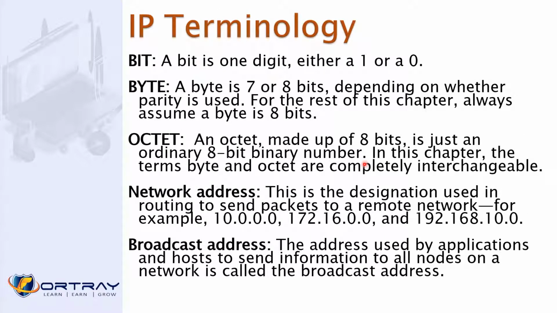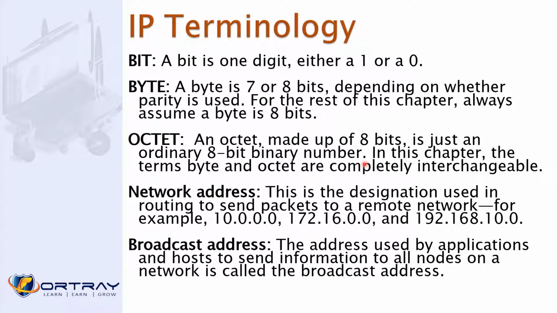Okay, terminology for IP. Number one, what is a bit? A bit is 0 or 1, as we mentioned. A byte means 7 or 8 bits, depending upon whether parity is used. For the rest of the chapter, we say 8 bits. So 8 bits always means 1 byte. If I say I need 100 bytes of data, then 100 multiplied by 8 gives 800 bits. Data always travels in bits